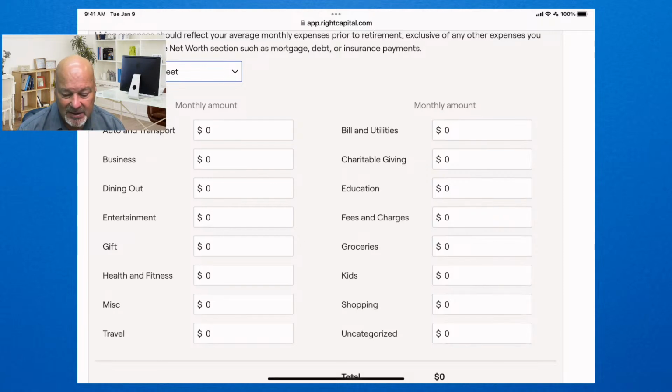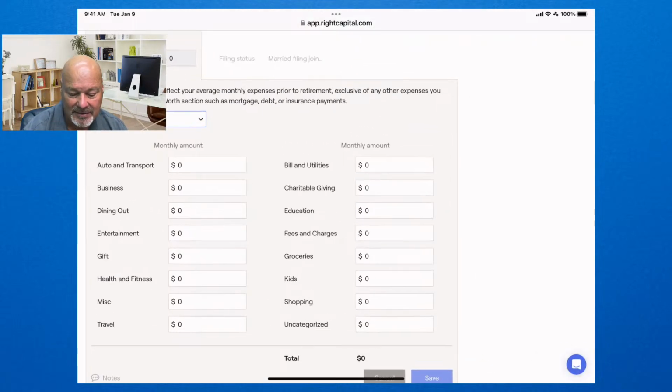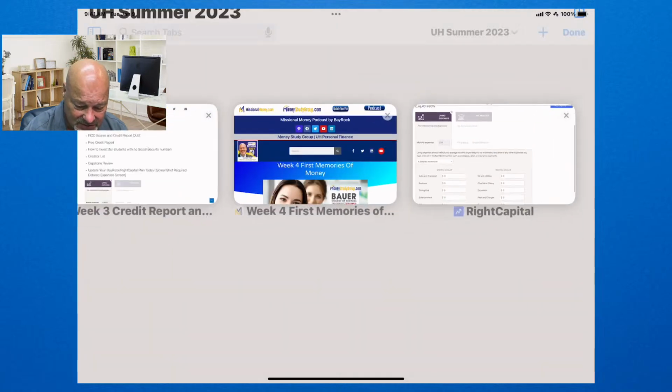I want you to think about what your expenses will be once you become independent and you're on your own and you're managing your own money and you have some income and you have expenses. So that's really what this data card is.